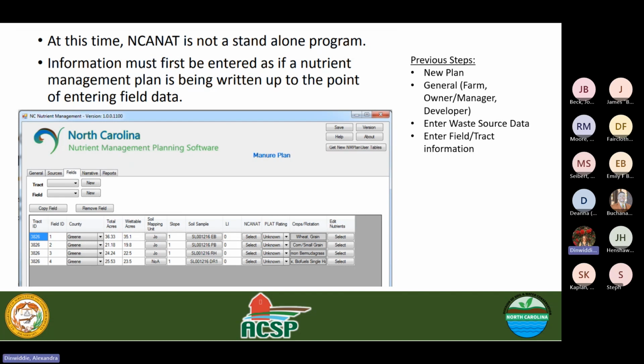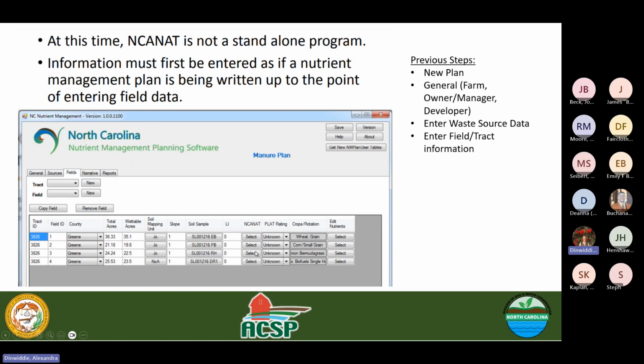And the state staff's advice is for folks to be using that NCANAT that is programmed within nutrient management software, because that is the program that is most up to date. We have not been updated the NCANAT that is the standalone program since, I believe, 2015. So again, some of the previous steps up until this point, when you're able to run NCANAT, so you can